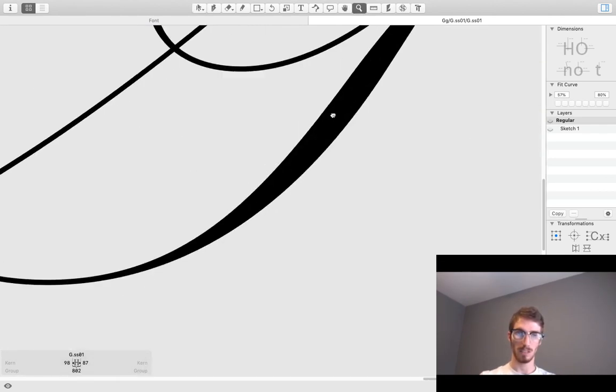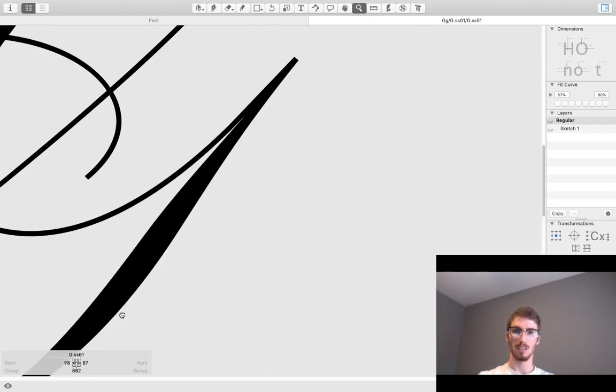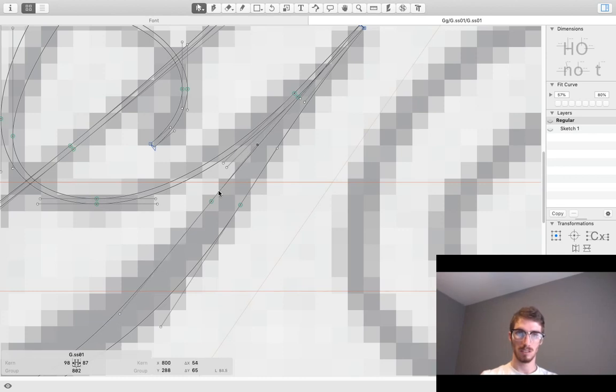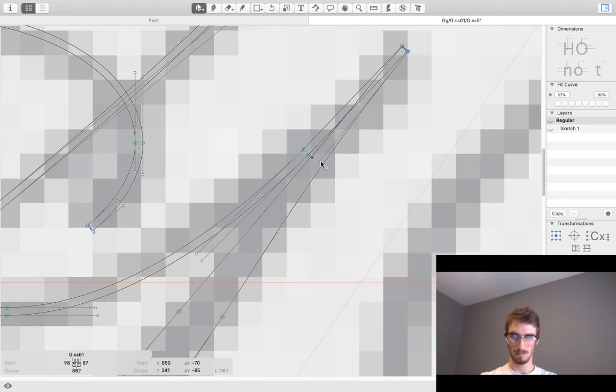I'm going to keep that out a little bit. Actually, so I'm going to move that over. I'll shift those out. So there, it's a little bit more even of a shape between there. And then we'll actually worry about